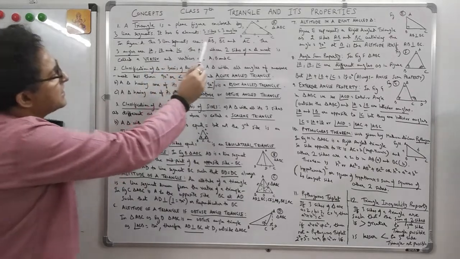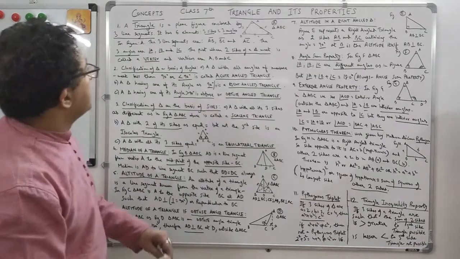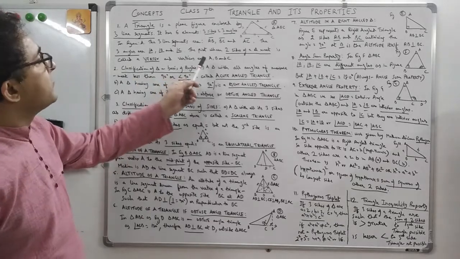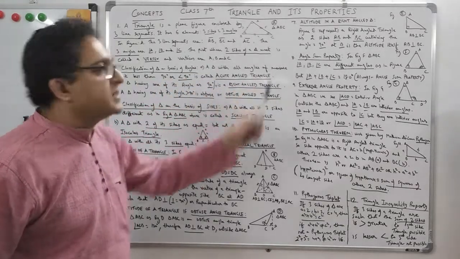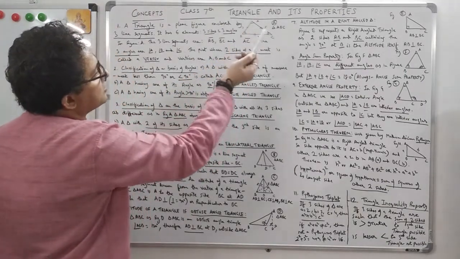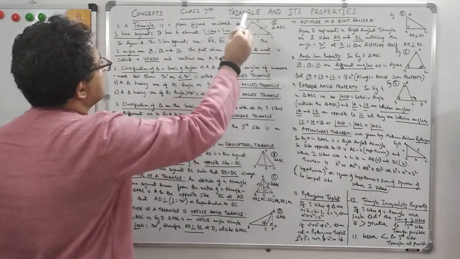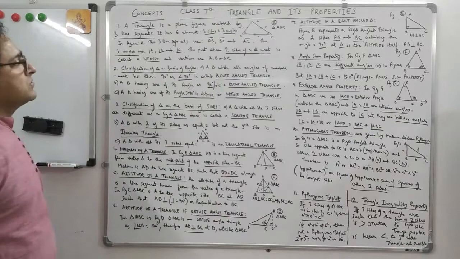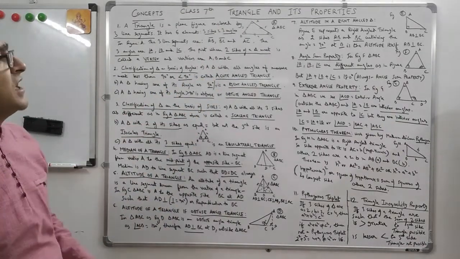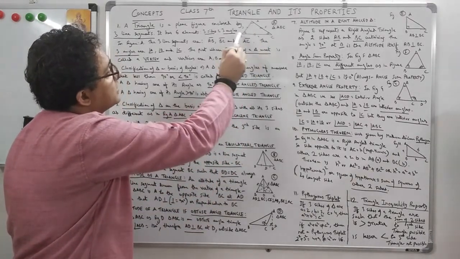The 3 line segments are AB, BC and AC. This is how you denote the line segment. And the 3 angles are angle A, angle B and angle C. The point where the 2 sides of a triangle meet is called the vertex. So vertex is A, where 2 sides meet. Basically the points where 2 sides of a triangle meet, that's the vertex, not the angle, I'm sorry.